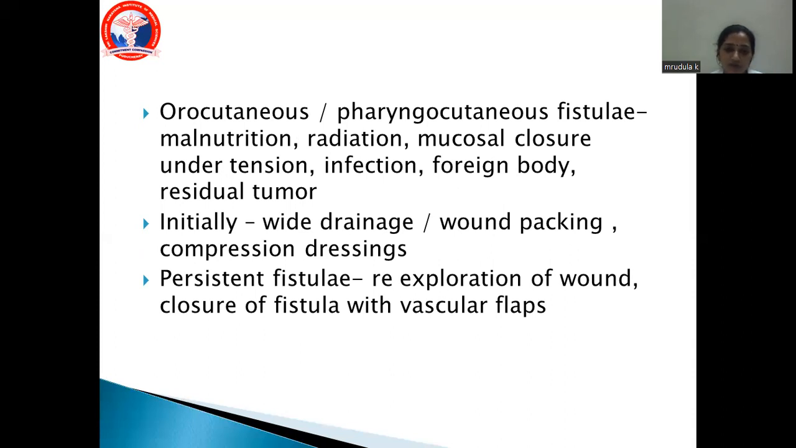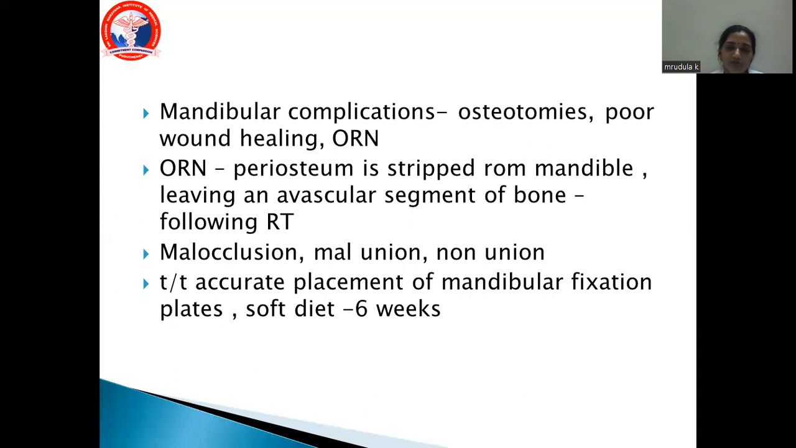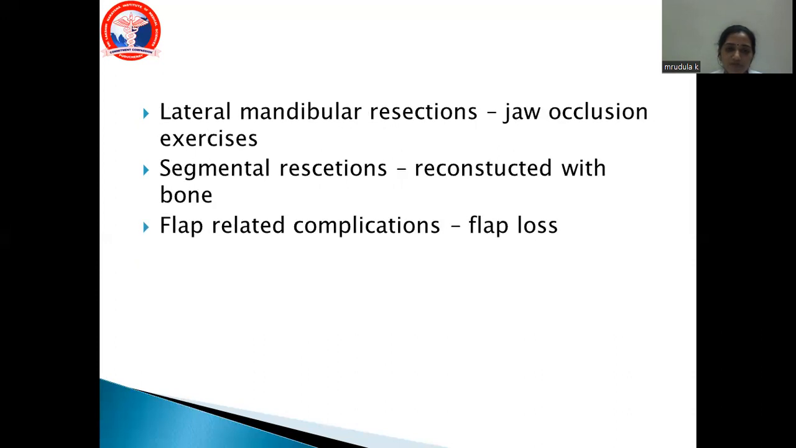and closure of the fistula with vascular flaps. So mandibular complications include osteotomies, poor wound healing, osteoradionecrosis of the mandible, malocclusion, malunion, and you can do a mandibular fixation. For lateral mandibular resection, you can go for jaw occlusion exercises and segmental resections,